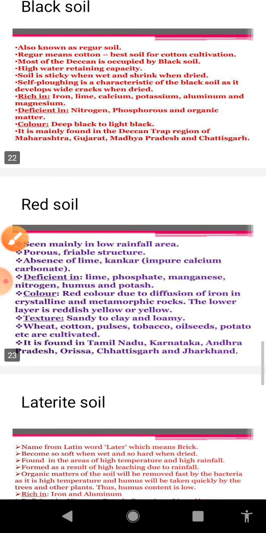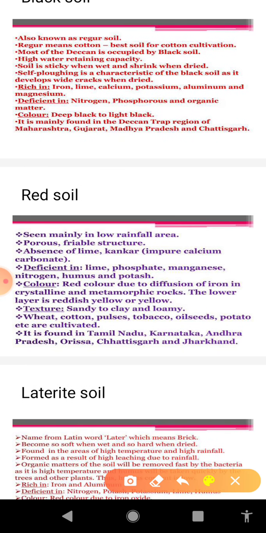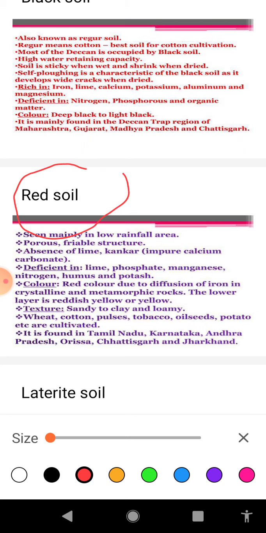After that, the next variety of soil, that is red soil. If you are getting the question to mention the characteristics of this variety of soil, so what we can say is that this variety of soil is formed in situ, the place of origin, due to the decomposition of metamorphic rocks. And with regard to the location, we are getting this soil in the eastern parts of Deccan Plateau, Kerala, southern states of Tamil Nadu and Chota Nagpur Plateau